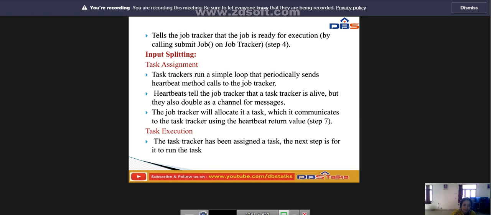Input means whatever input we are giving, that is split into a number of tasks. So what does the task assignment perform? The task trackers run a simple loop that periodically sends heartbeat method calls to the job tracker. The heartbeat tells the job tracker that a task tracker is alive, but they also double as a channel